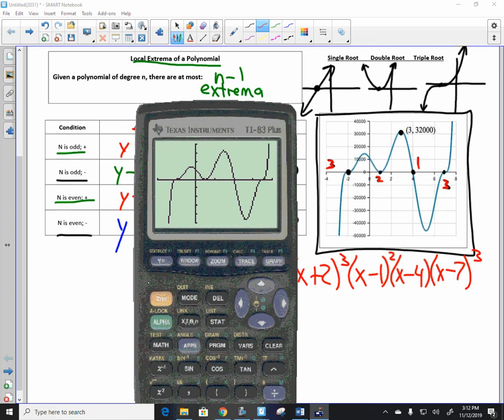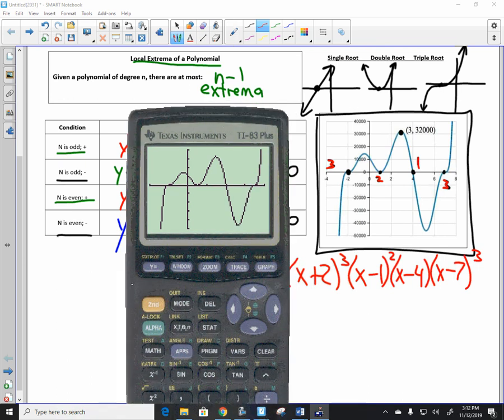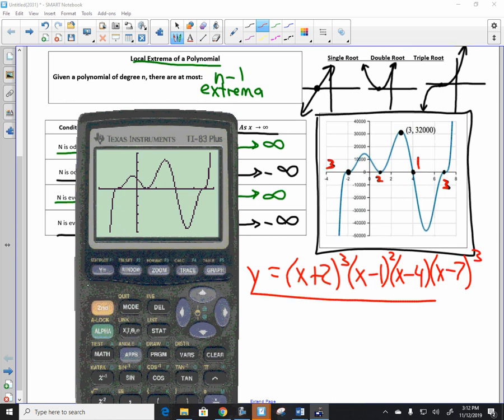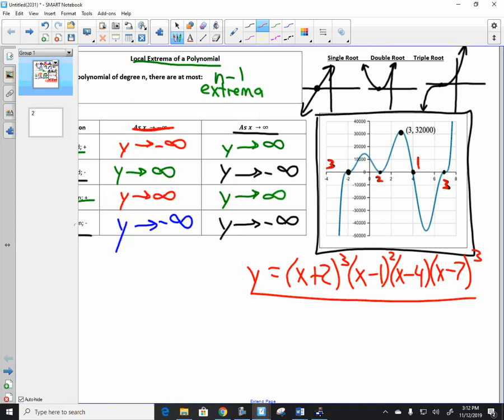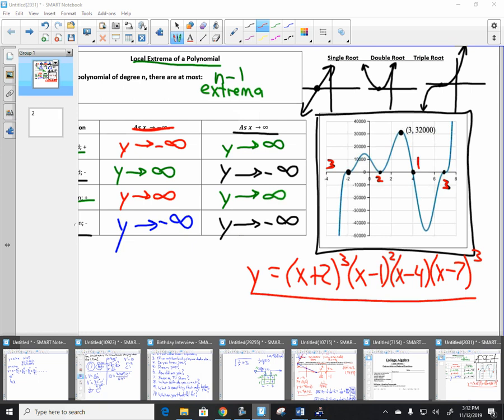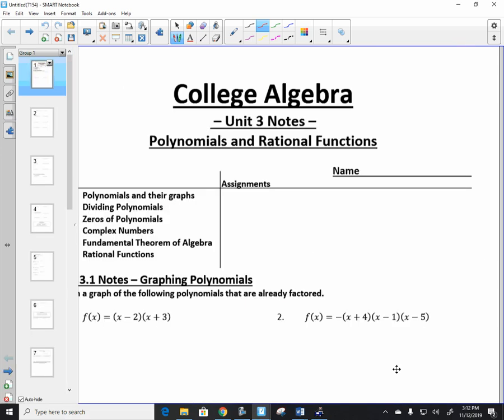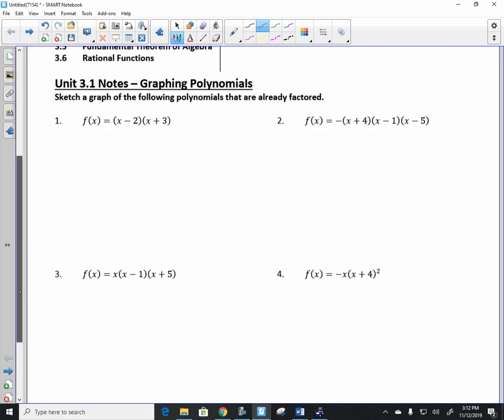There we go. Just by looking at the graph, we were able to come up with the equation. And that's the power of polynomials, being able to determine it. So hopefully you guys find that interesting. It's good stuff. And now we get the chance to graph them on our own. So flip your notes to the very, very front. Your assignment is going to be to sketch a graph, really a rough graph, of the polynomials, and these are already